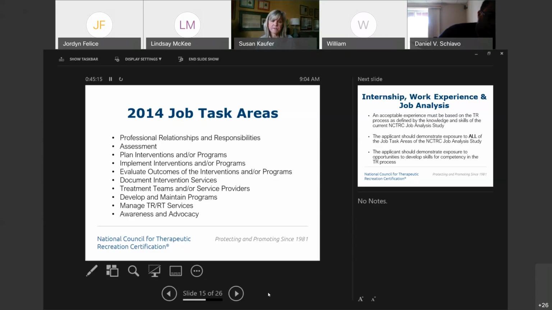This is certainly acceptable, and we know that therapeutic recreation takes place in a broad variety of areas. So you might not be working with a clinical or multidisciplinary treatment team, but you are working with other service providers. We have this allowance embedded within those job task domains. But as an internship student, make sure that you know that you are going to need to let us know, yes, I have had exposure to each one of these job task areas.